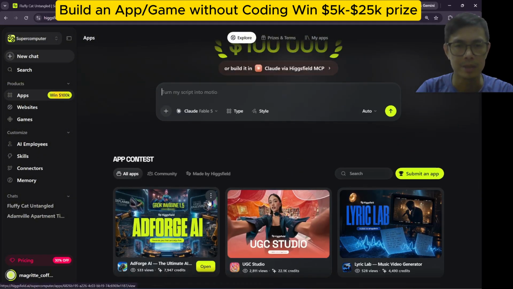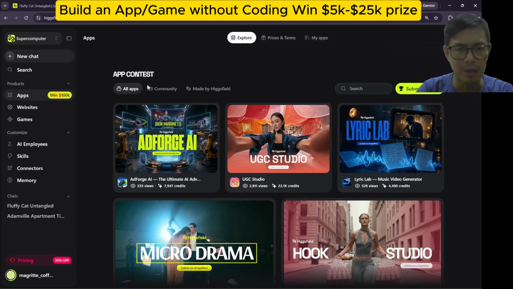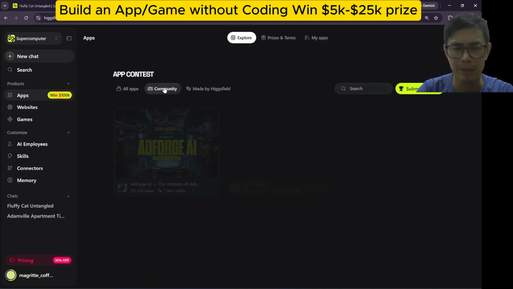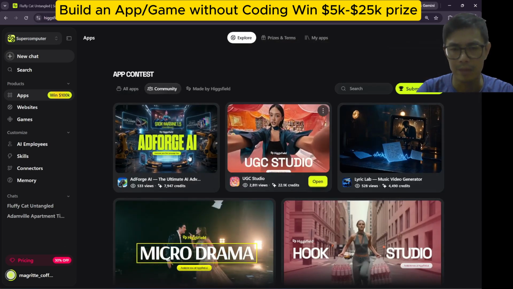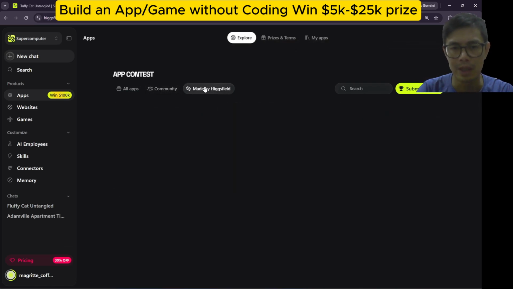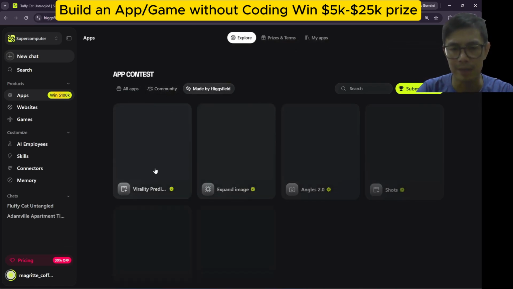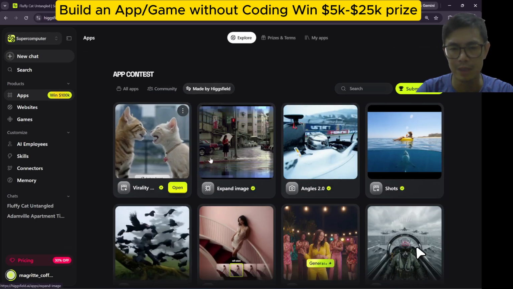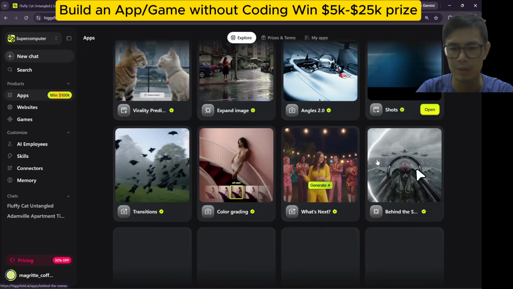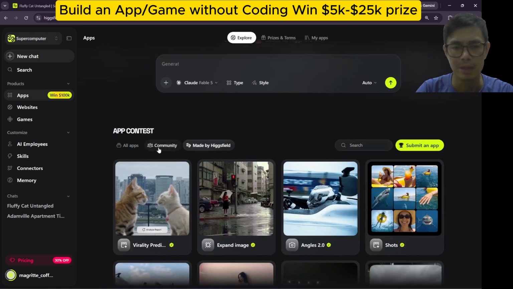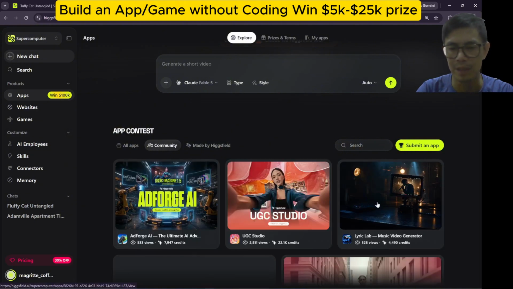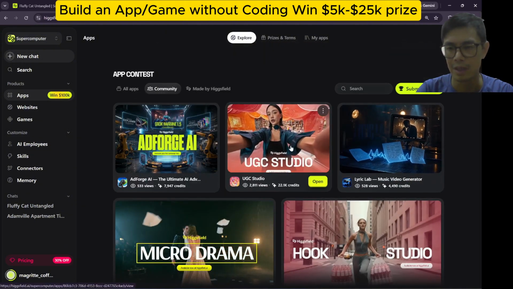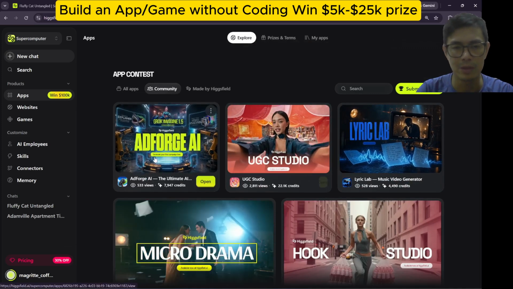So for the app contest right here, as you can see by community, these are all the apps by the community, and these are made by Higgsfield. So virality predictor, expand image, angles 2.0, shots, what's next. These are actually going to be within Higgsfield if you want to see. So UGC Studio, Ad Forge.